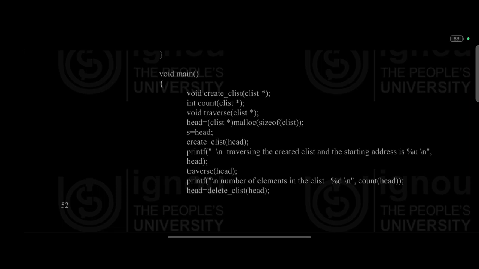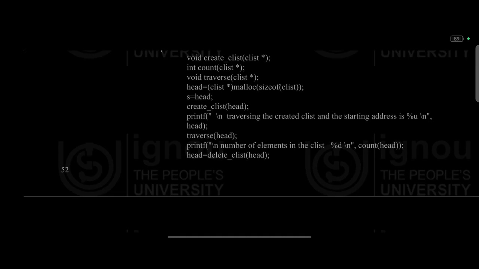void main(void) { create_clist(clist *); int count(clist *); void traverse(clist *); head = (clist *)malloc(sizeof(clist)); s = head; create_clist(head); printf("Traversing the created clist and the starting address is %u", head); traverse(head); printf("Number of elements in the clist